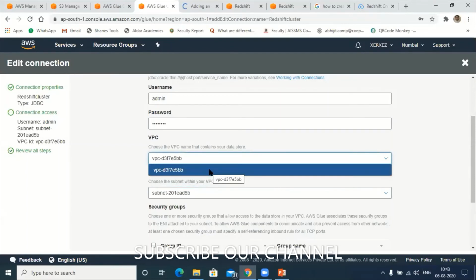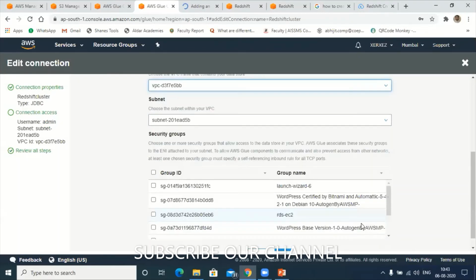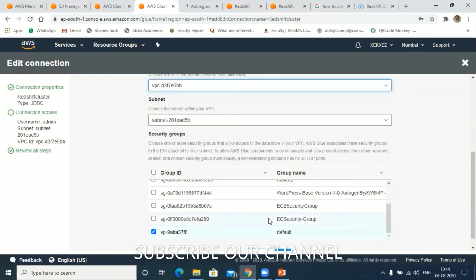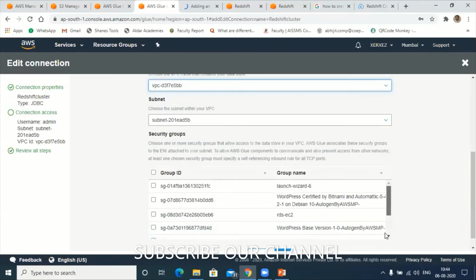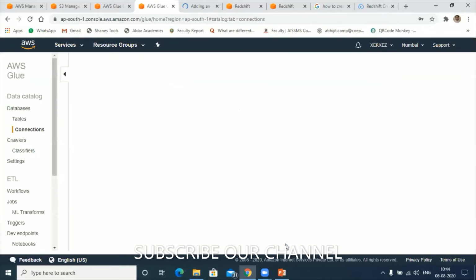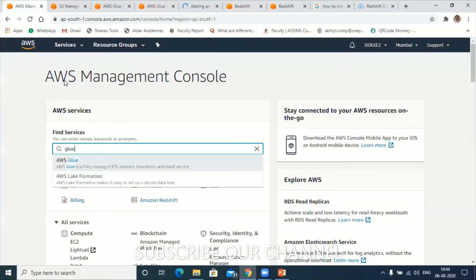Participants. Security group. The security group is, I think, the EC2 security group. Not this EC2. By default, we have taken the 9A, BA, 7F8 one. Okay, launch wizard. We'll see this first. Then we'll go for the IAM user. I think there we can modify. Okay, finish it off. No, it's showing the same thing. Let's go to the IAM user.